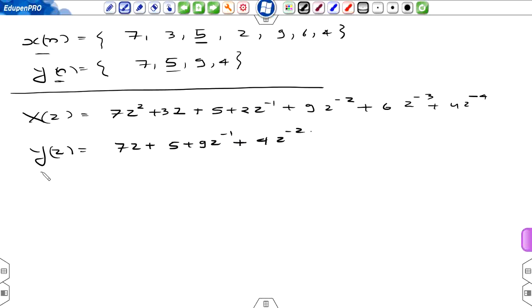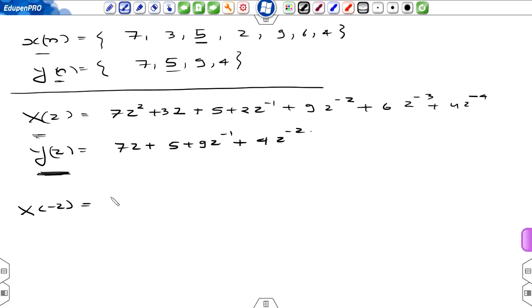Okay, so now I want to represent Y(z) in terms of X(z). Unlike in upsampling, I cannot directly represent Y(z) in terms of X(z). So now if I put z equal to minus z in X(z), so X of